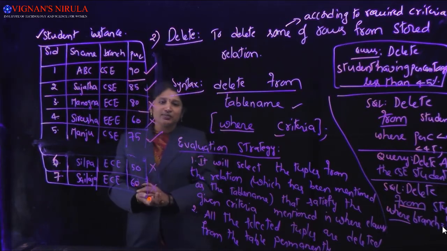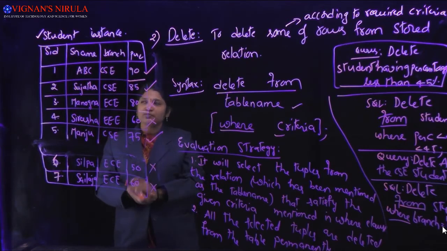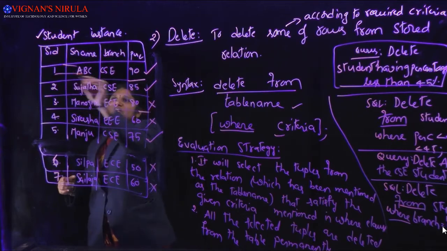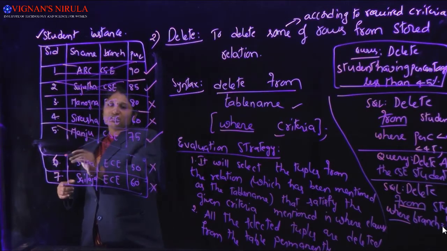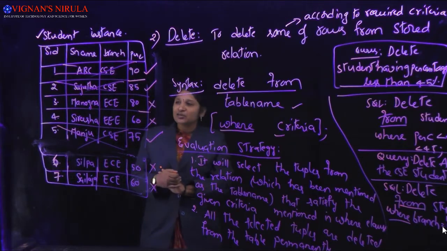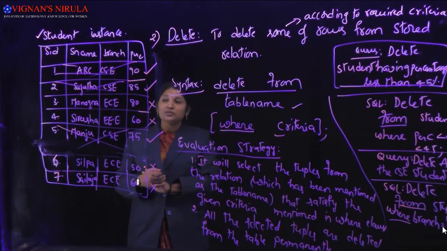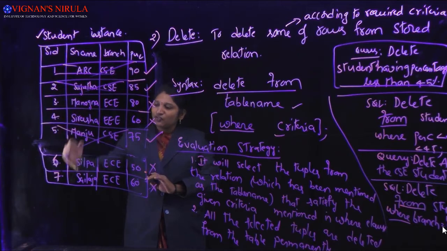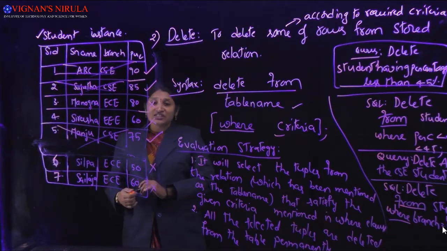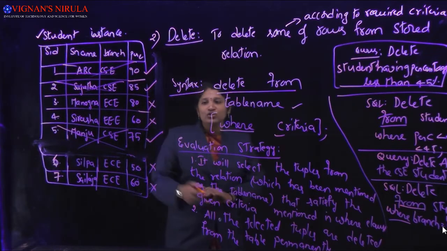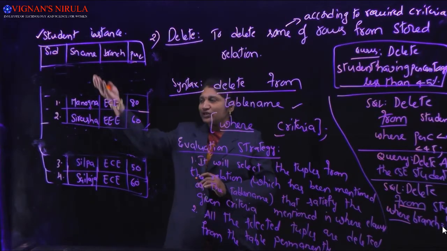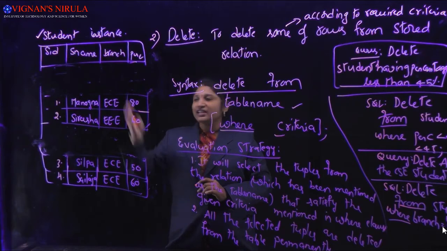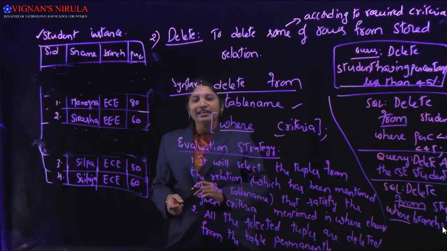You want to delete all the 3 tuples. That is, the first tuple you should delete, the second tuple you should delete, and the 5th tuple you should delete. After this delete command is executed, how many tuples remain? The 3rd, 4th, 6th and 7th tuples remain. Now we'll see the result of that delete command. After the delete command has been executed, all the 3 tuples are deleted. This is the result after deleting.